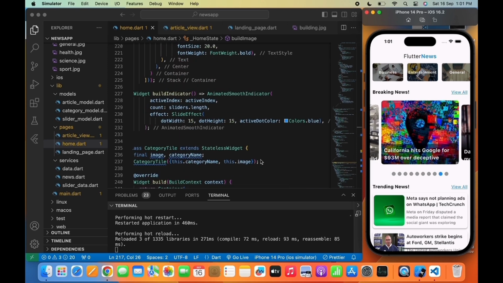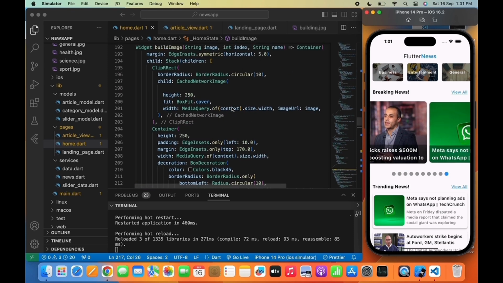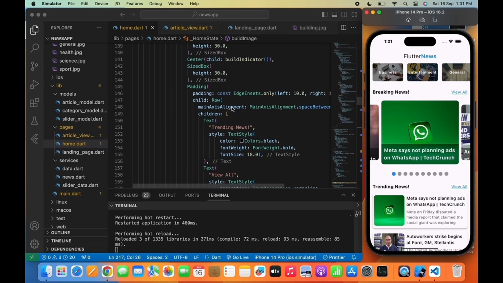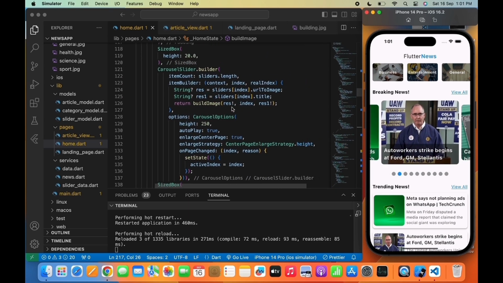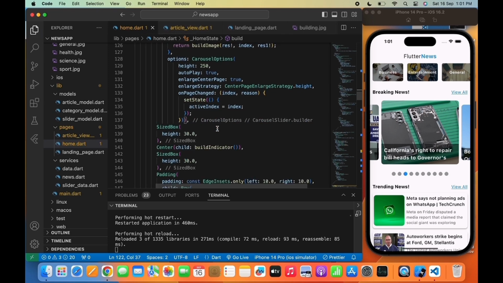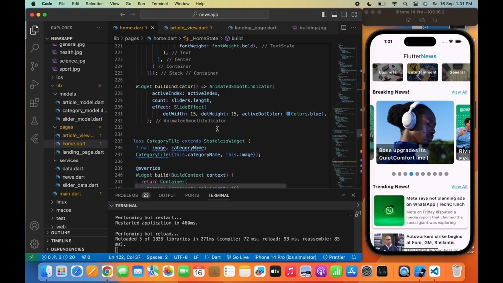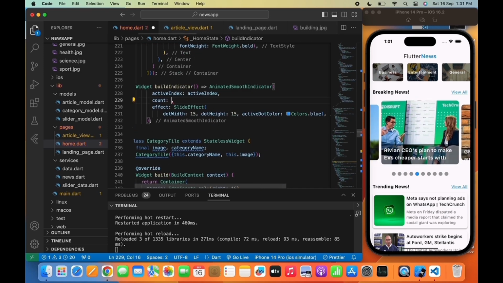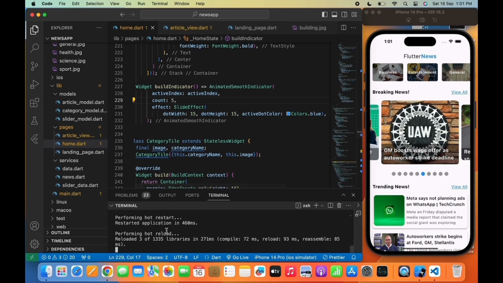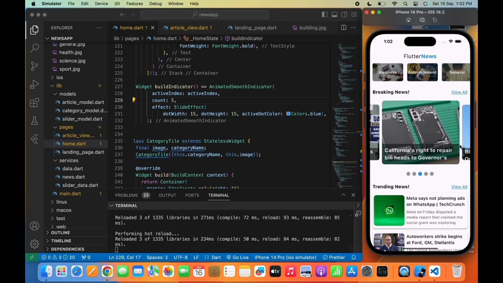So in item count, I will remove the slider length here and will write 5, and will do the same for the dot indicator. Now hot restart it again. So as you can see, we can now only see the top 5 list that we have saved in our